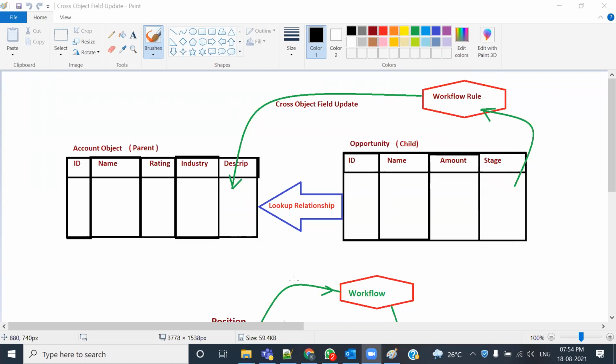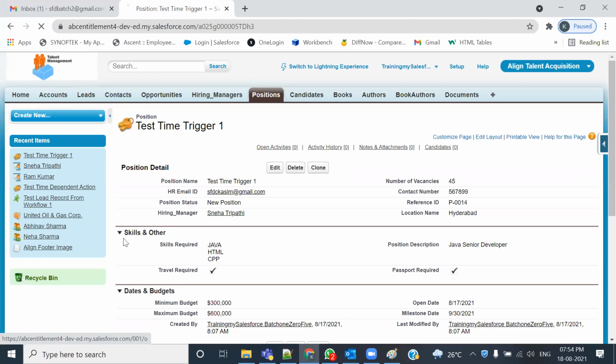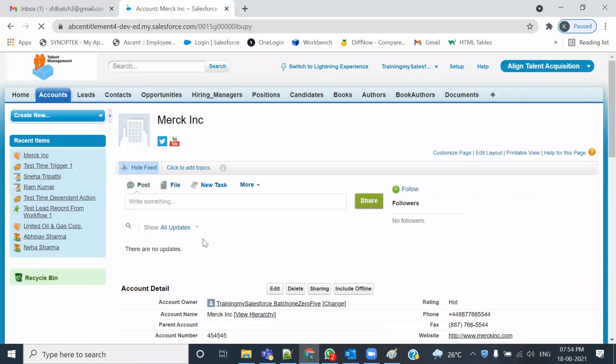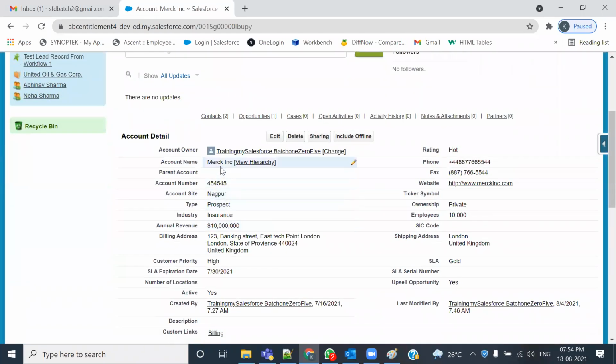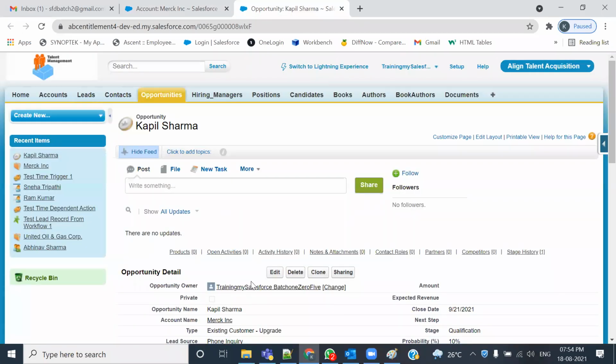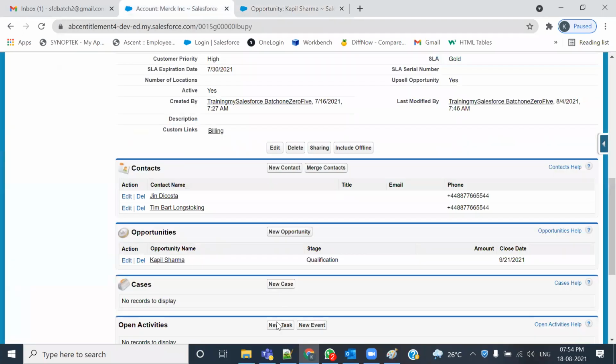ठीक है, ये है। अब इसी चीज को मैं पहले एक बार आपको यूजर इंटरफेस पे बता देता हूँ कि एग्जैक्टली हमारी यूज केस क्या है। तो फर्स्ट ऑफ ऑल लेट्स गो टू द अकाउंट, और मैं कोई एक ऐसा अकाउंट ओपन करता हूँ जिससे रिलेटेड मुझे अपॉर्चुनिटी मिल जाए। जैसे कि मर्क इनकॉर्पोरेशन। मर्क इनकॉर्पोरेशन में अपॉर्चुनिटी है कपिल शर्मा। कपिल शर्मा को मैं अलग से ओपन कर लेता हूँ। अब देखिए, मर्क में आप एक चीज ऑब्जर्व करिए, डिस्क्रिप्शन फील्ड अभी ब्लैंक है। डिस्क्रिप्शन फील्ड में कुछ नहीं।